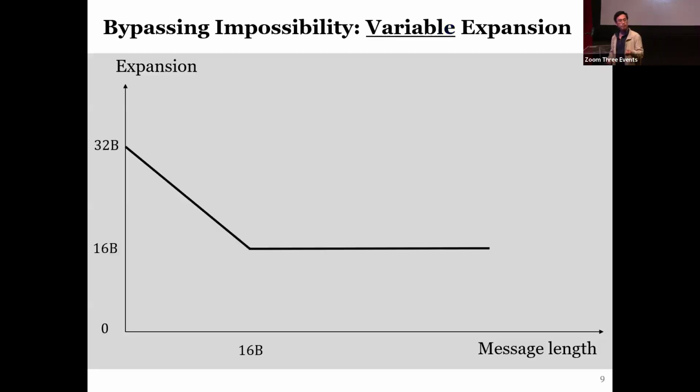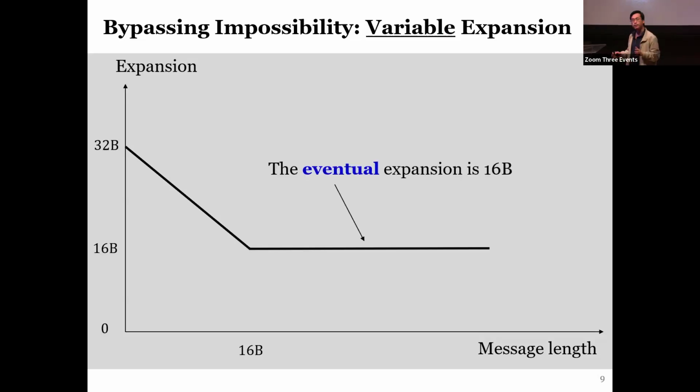And to avoid this impossibility, one direction is to use variable expansion. That is, if your message is empty, sure, you have to use 32-byte expansion because of the birthday attack. But as long as your message is big enough, the eventual expansion can be just 16 bytes, the same as GCM. Now, this gives us a way out, but it's unclear how to get to the goal, let alone find